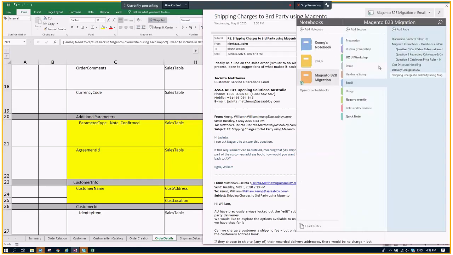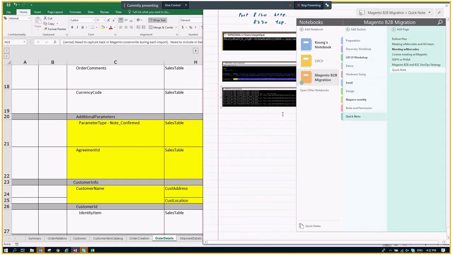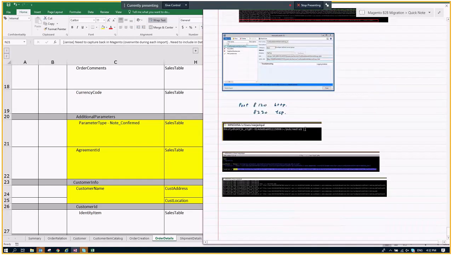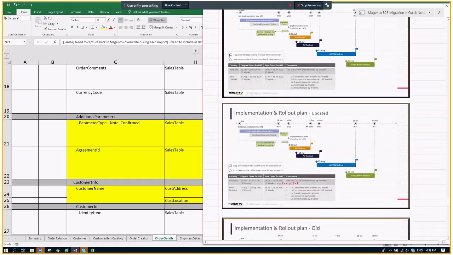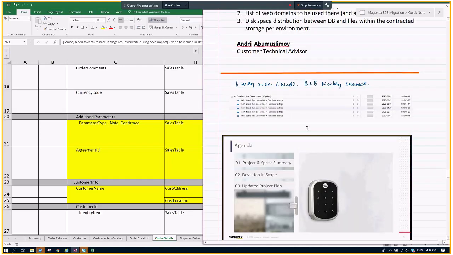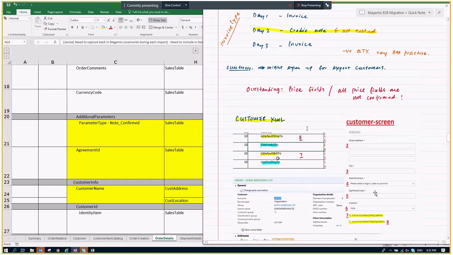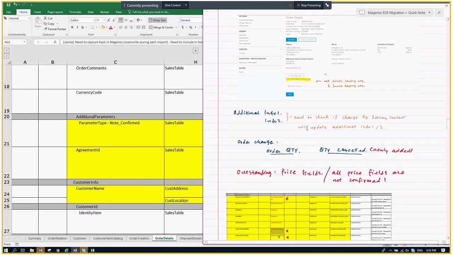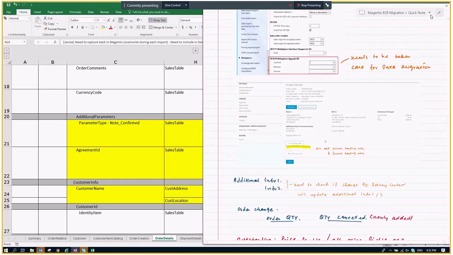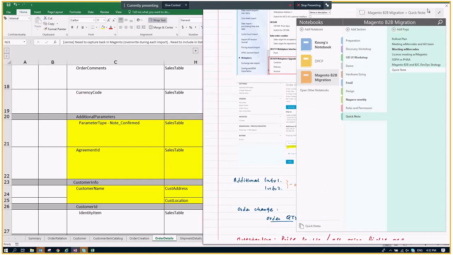The note_confirmed field. I think this note information will also be found in the shipment and the invoice interface. And they expect that on the future Magento website, there should be a